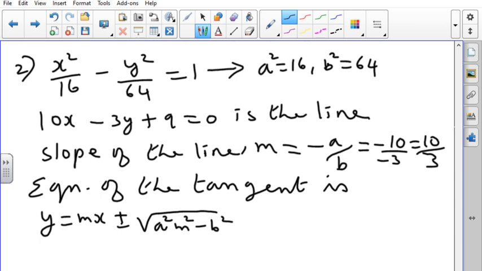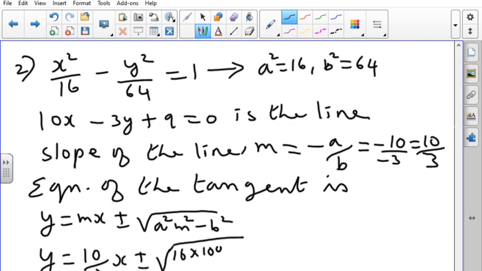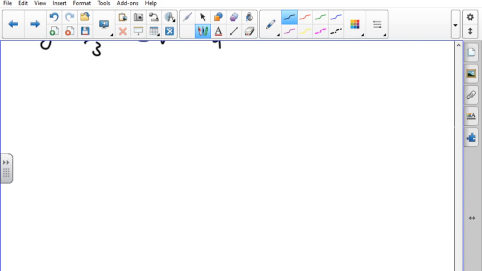We get y is equal to m is 10 by 3. So, 10 by 3x plus or minus square root of a square. A square is 16. So, 16 into m square is 100 by 9. M is 10 by 3. So, 100 by 9 and b square is 64. So, now we get y is equal to 10 by 3 x plus or minus square root of